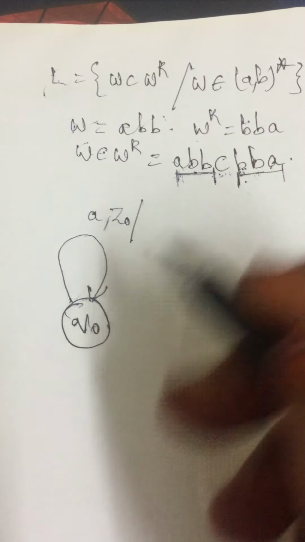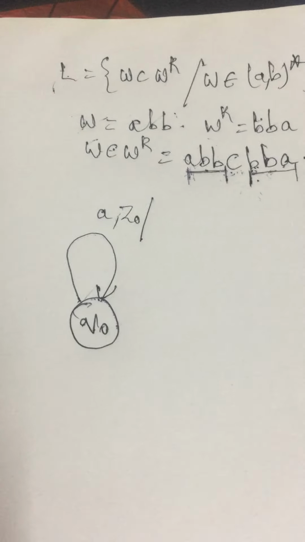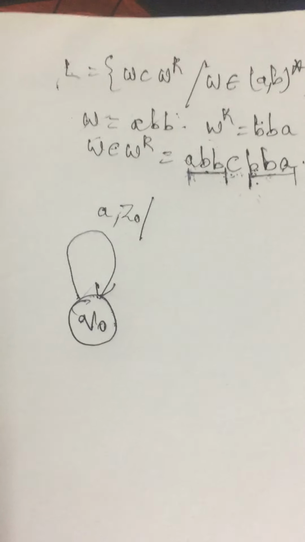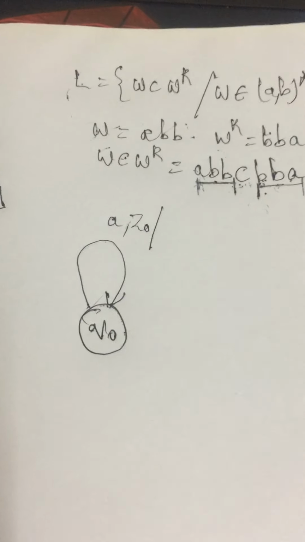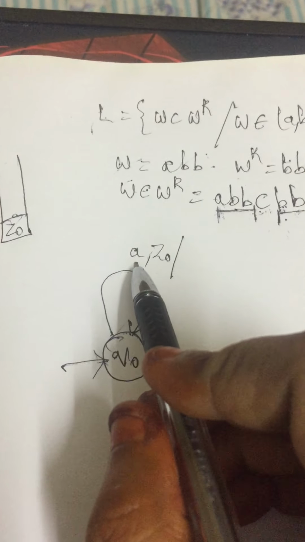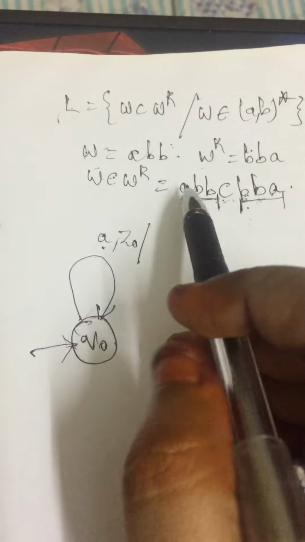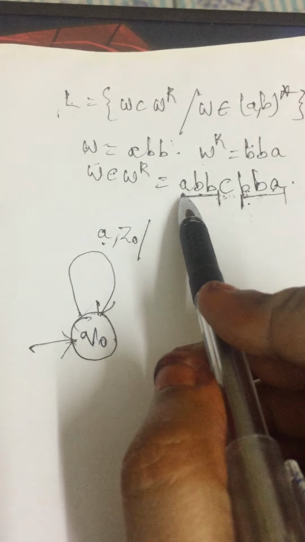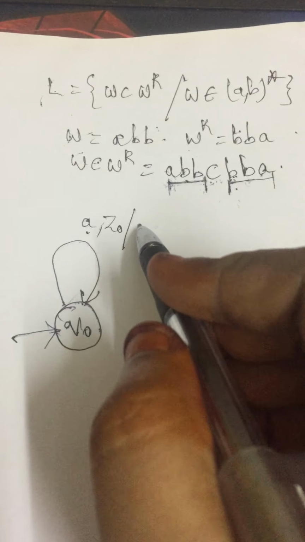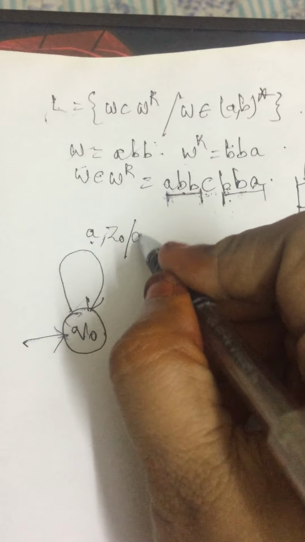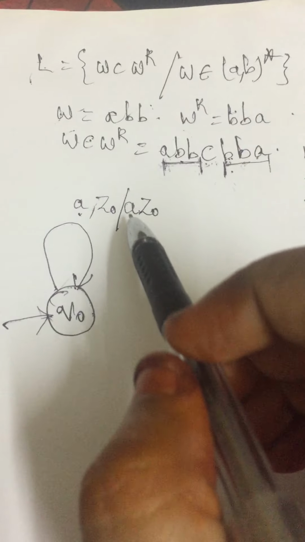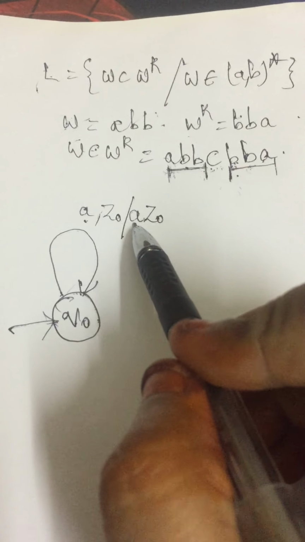So now we are in the W part. In the W part, we are going to push the W part into the stack. Whenever the input alphabet A appears in the W part, we are going to just push it into the stack. So the push operation is what this will indicate. Now the present top of the stack will become this A.